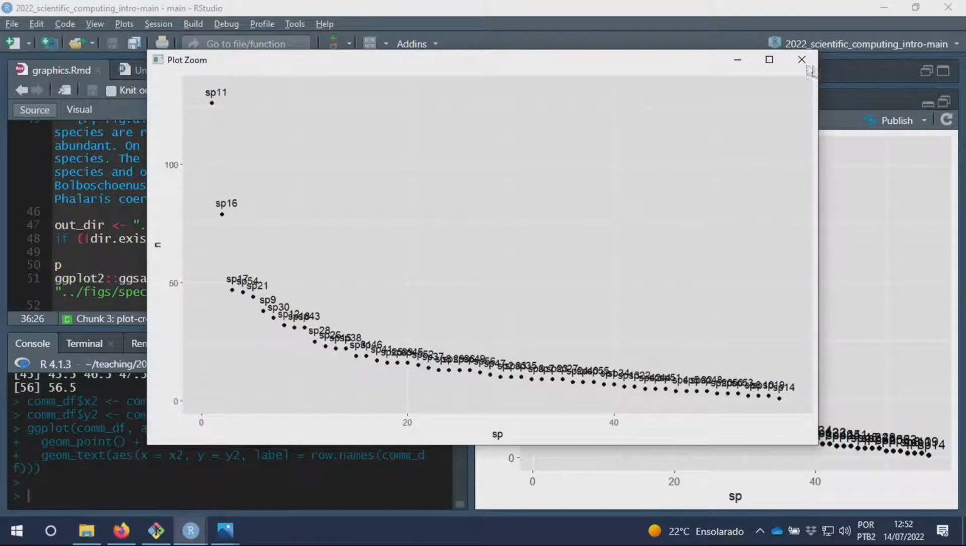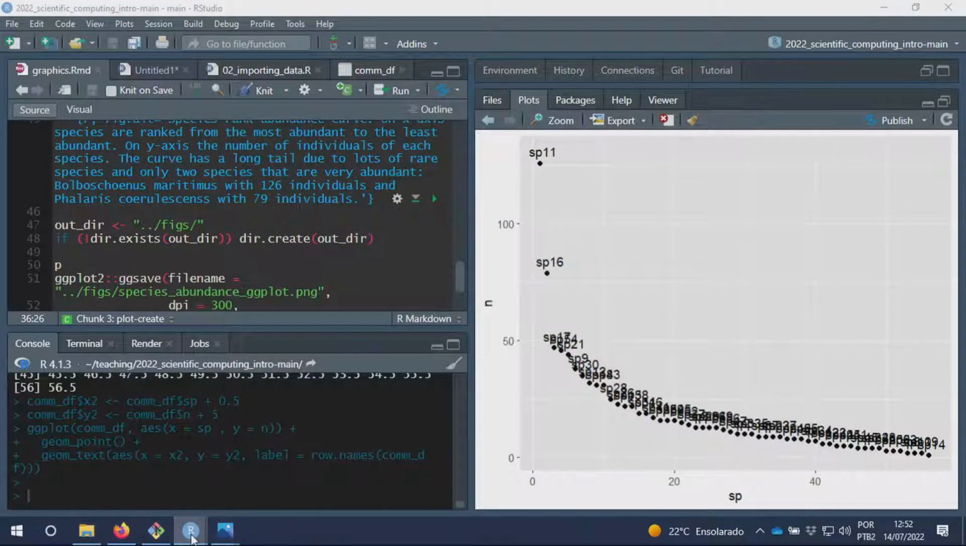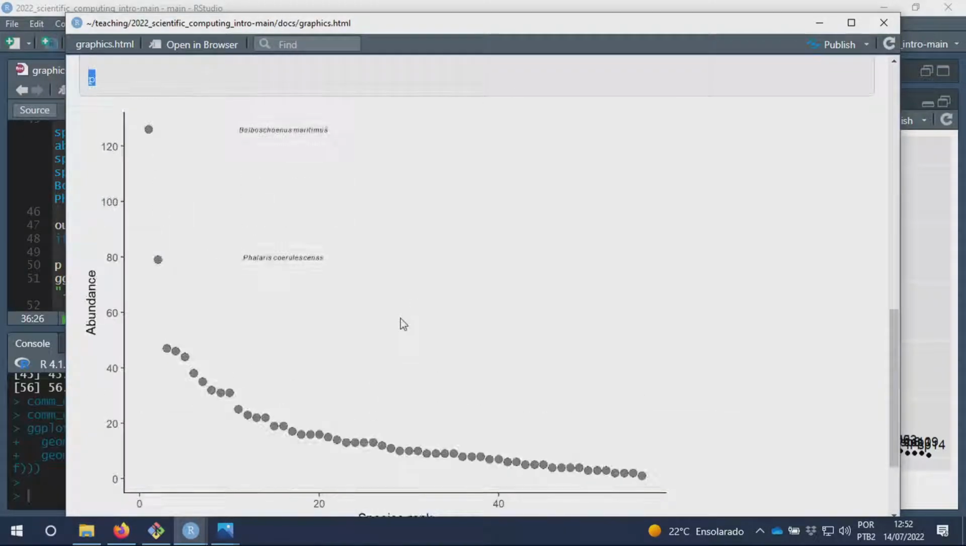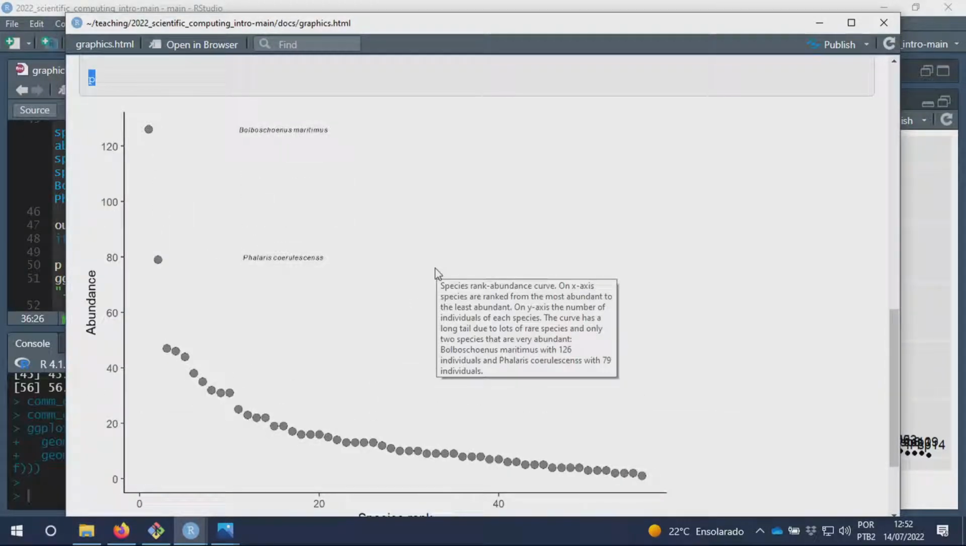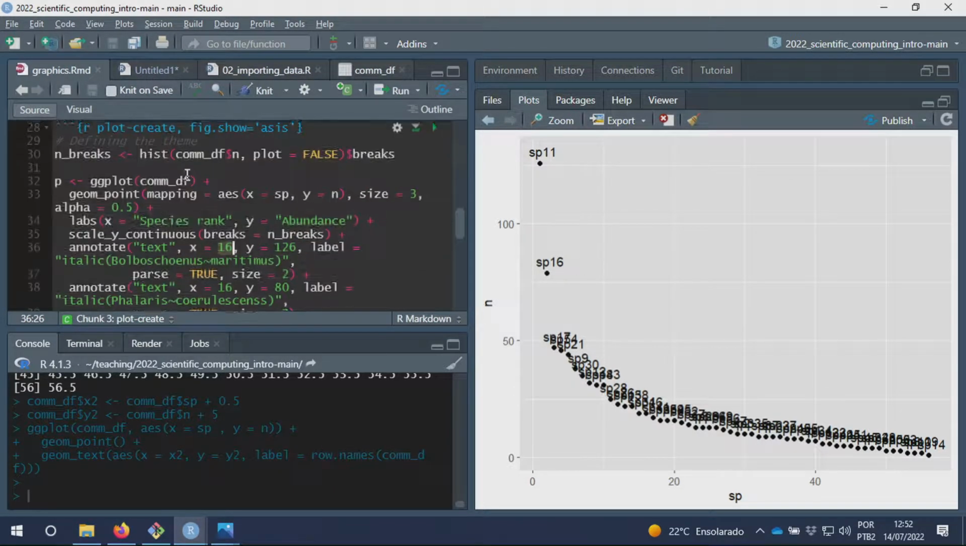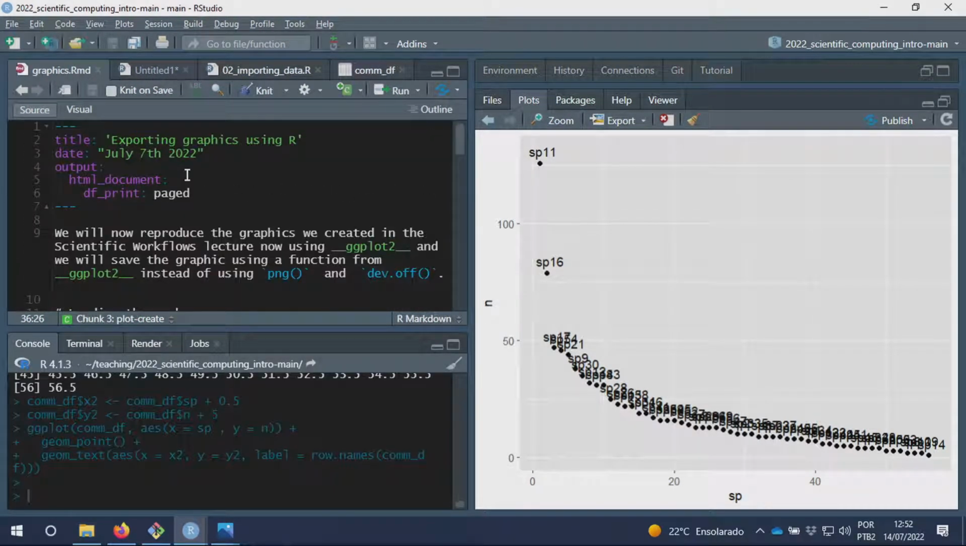Okay, let's go back to the markdown file that we just outputted here. Okay, so this is our output. Let's go back to the R markdown structure. So in the markdown, we always have this header, and here I have